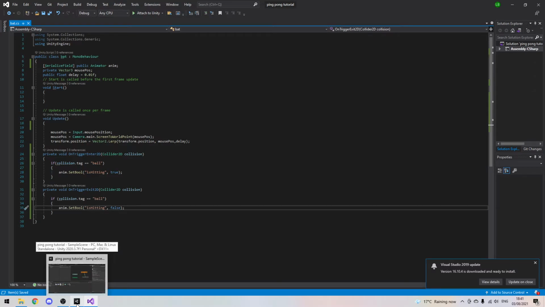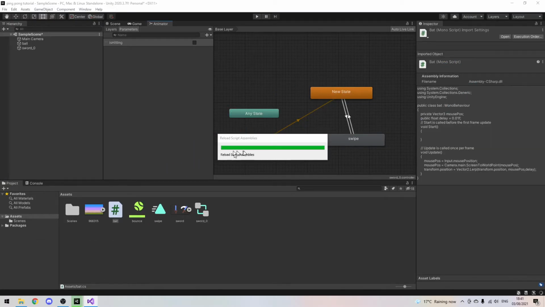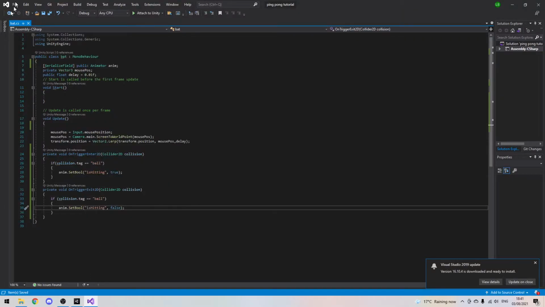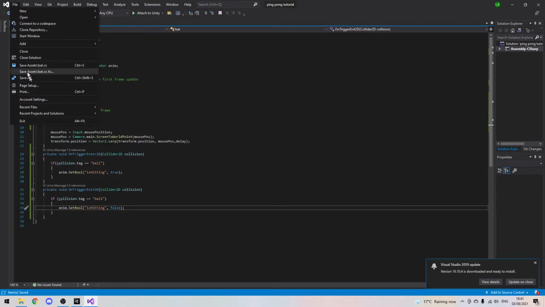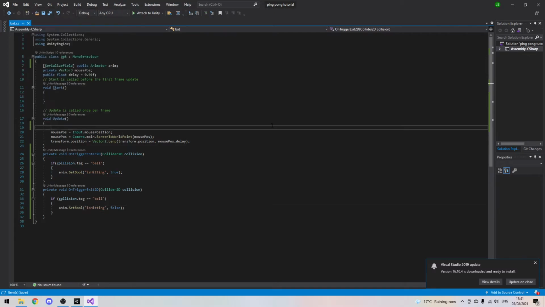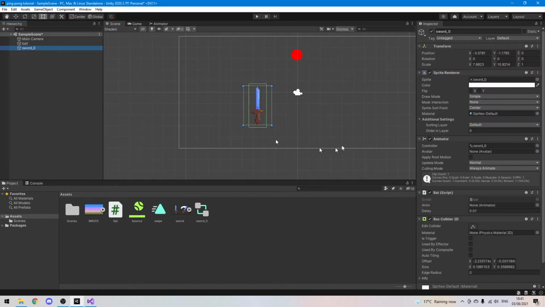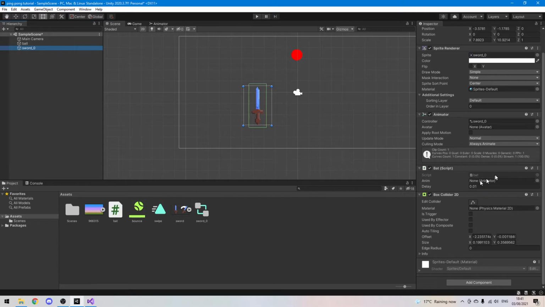So if we save that now, you can go into our Unity. It should save. If it's not saving, you can either go File, Save, or you can press Control S, which is what I do. But anyway, you go back into Unity, and now you can see, if we go into the scene here, sword, we need to set the animator. So that's this animator here. So all we do is drag this in,